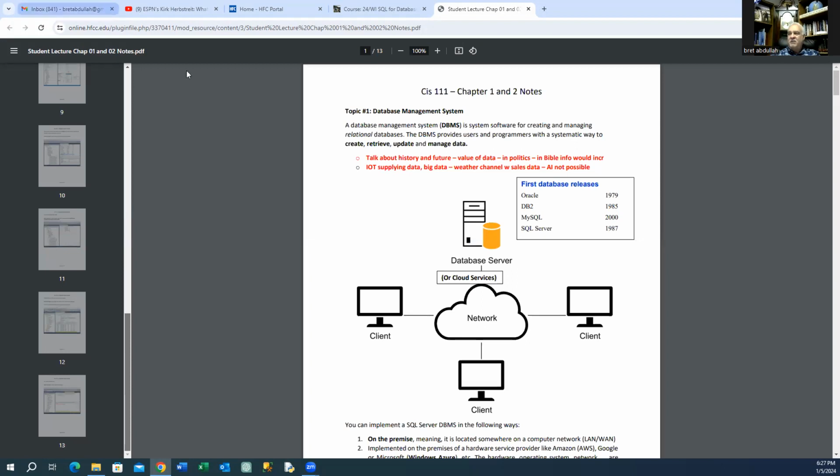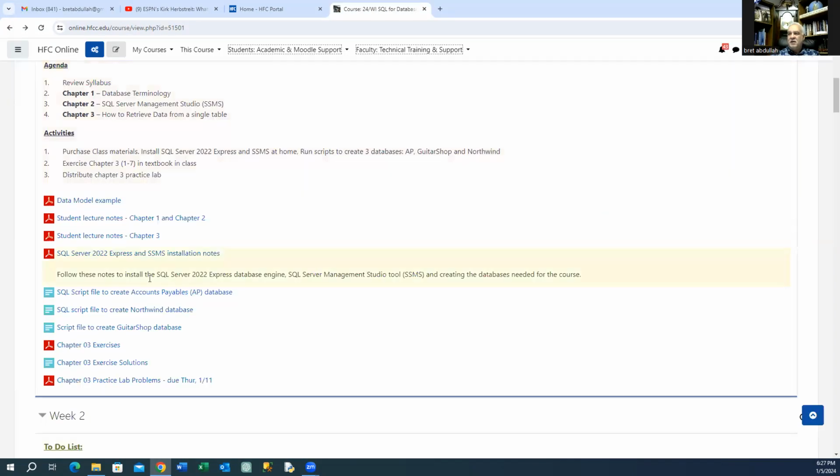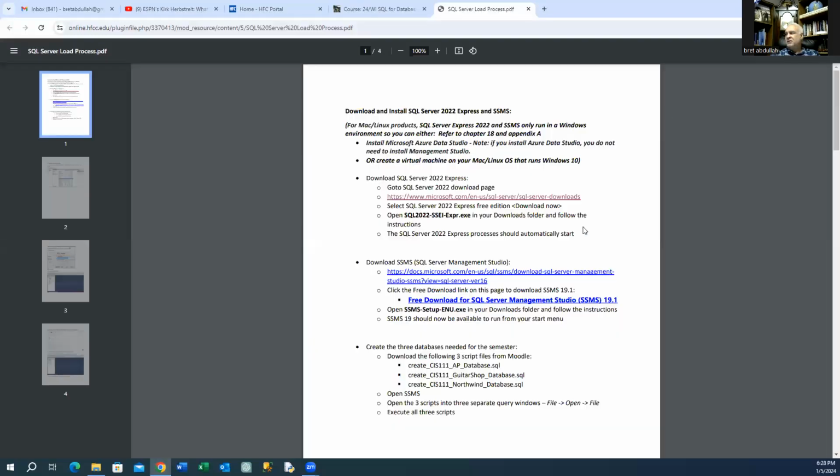Now let me go over how to install SQL Server. So what you're going to do is download and install SQL Server 2022 Express and SMS. Okay. And so you go to the site, you're going to download it. It's going to install two things. It's free,